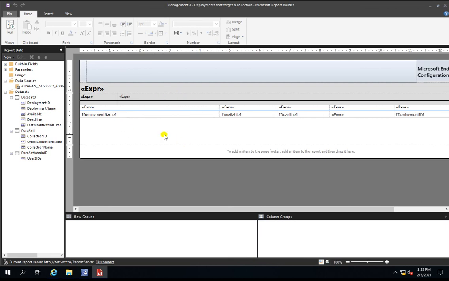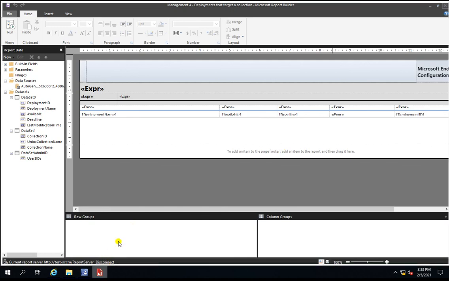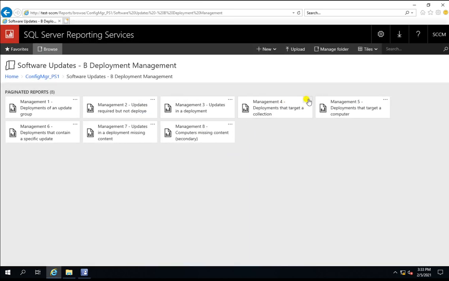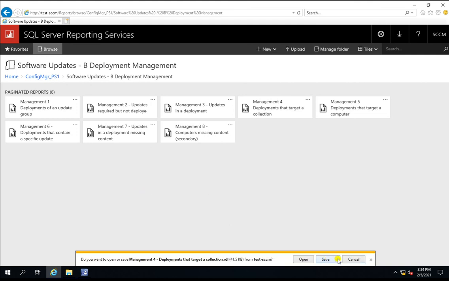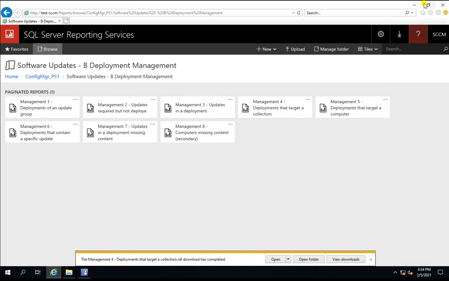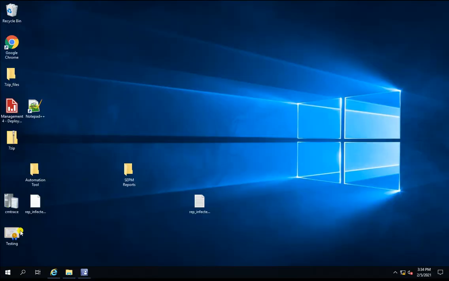So this is in an ideal format, and if you want to download, let me show you quickly how you can download the reports and how you can work on that report. So go here, suppose you want this report, you can go and download it, and you can save it wherever you want. Suppose I want to save this on the desktop. I download it, and this is the icon you can see.